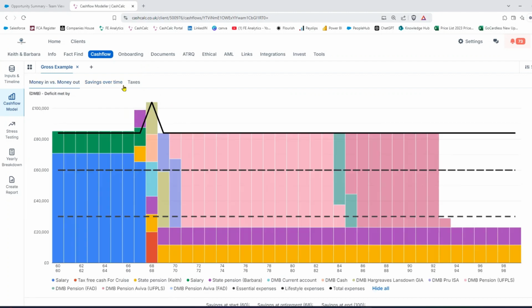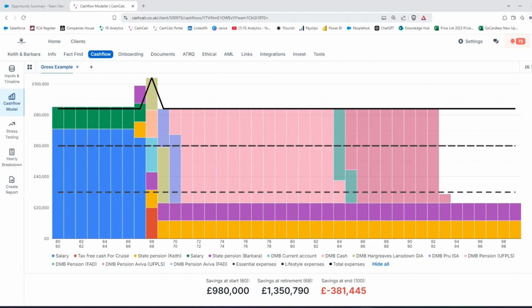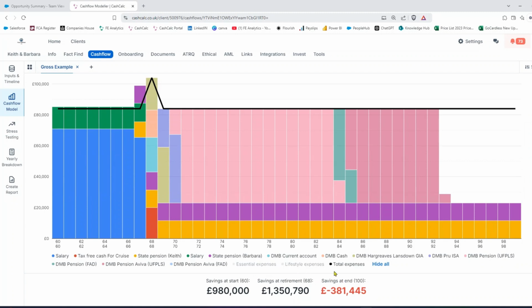The money in, money out chart hasn't really changed much, other than obviously, again, you can deselect the different incomes at the bottom and they'll disappear. But the added extra here is you've got those three lines. Now I've got my flat line at the very top showing me my overall expenses, but it's just a nice little touch to be able to see where those essential expenses lie, and where the essential and lifestyle expenses lie as well underneath. And again, I can deselect those if I don't want to use them.